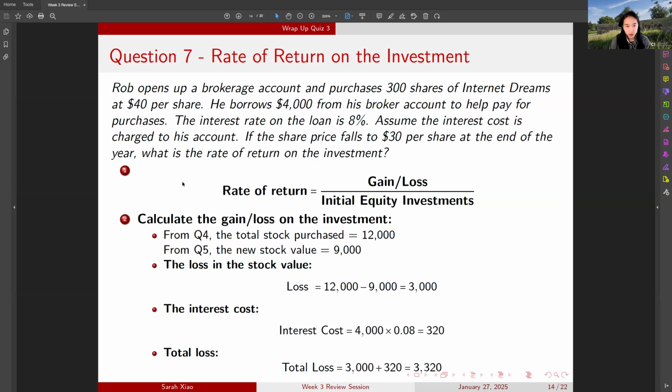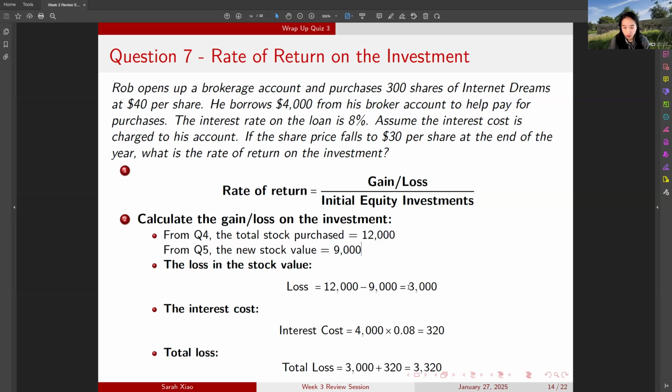So this question asks for the rate of return on the investment. We know that the rate of return equals the gain or loss on the investment divided by the initial equity investment. So we first calculate the gain or loss on the investment. From question 4 and question 5, we have the total stock purchased, which is $12,000, and the new stock value by the end of the year is $9,000. So the loss in the stock value is the difference between these two numbers,